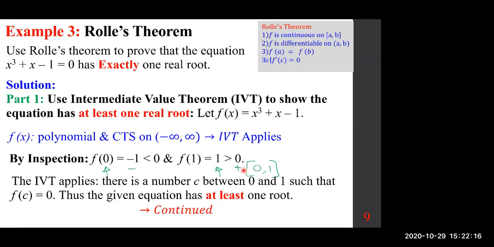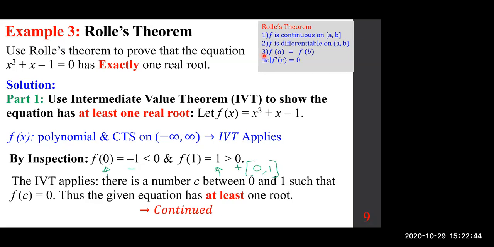Now, we want to use Rolle's theorem. So this is the first part. We just proved we do have roots. How many, we don't know yet. But if we use Rolle's theorem, we are supposed to show that it has exactly one root. Okay? So that means we're going to use all these criteria. Of course, it's continuous and differentiable. Okay? But just to see what's happening,